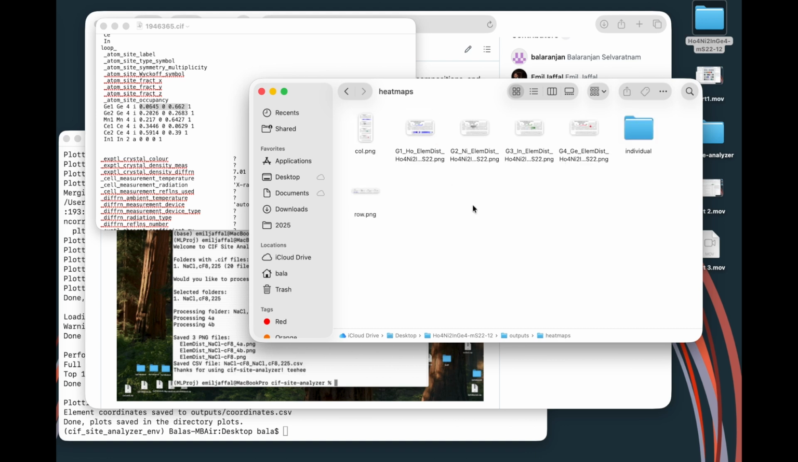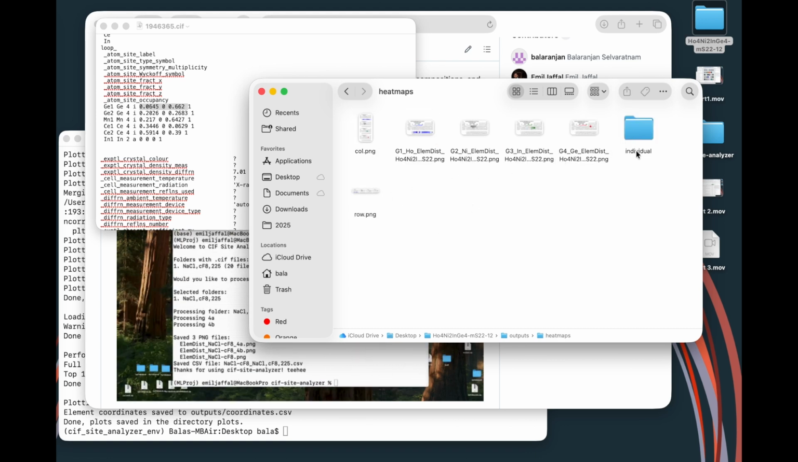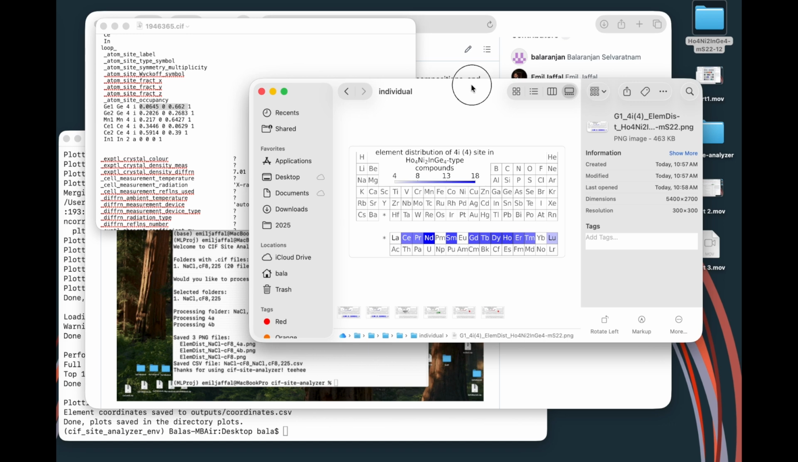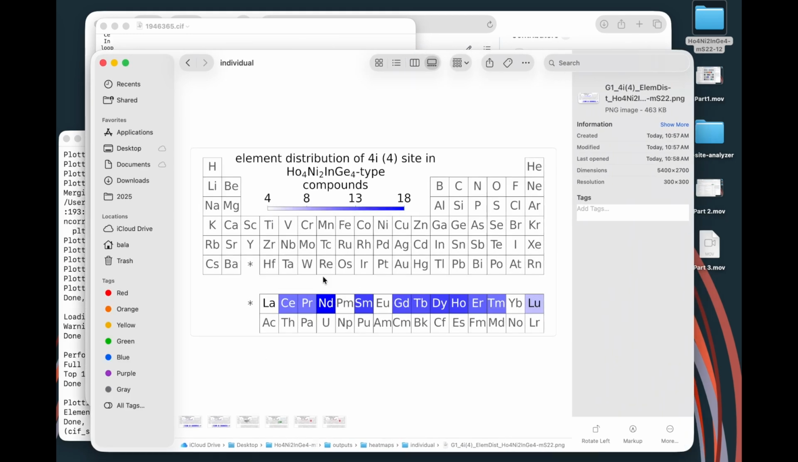So I'm going to go into heat maps, and then in the heat maps we have a bunch of figures, and then there's one more folder called individual. So I'm going to go into this first. So now that we are inside this folder, we can see that there are a bunch of periodic table heat